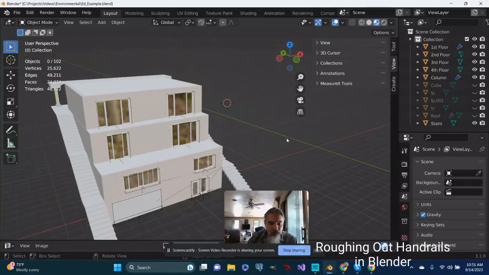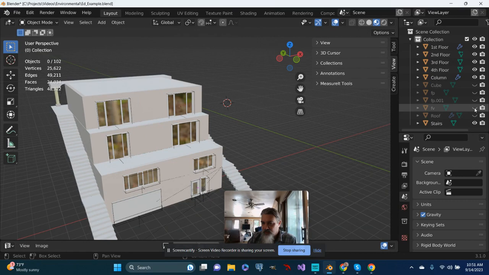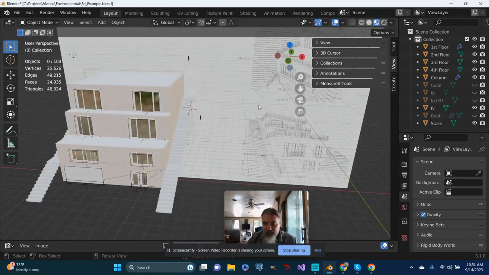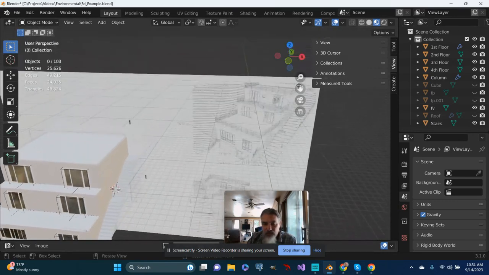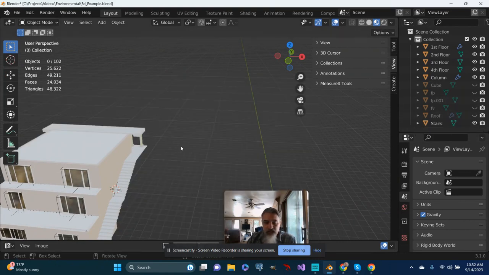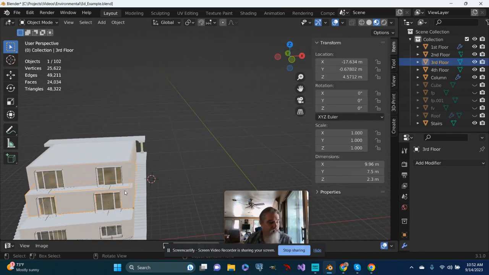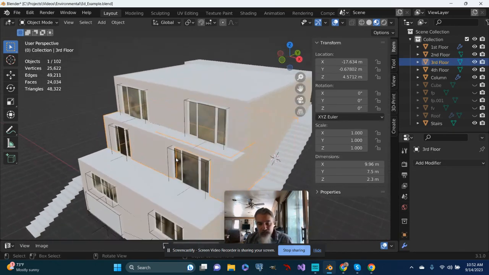All right, so next I think I'm going to add some handrails. If I look at the drawings I had, it looks as if there were handrails on most levels. So let's go ahead and do something with that. So I think what I'll do is I'll start